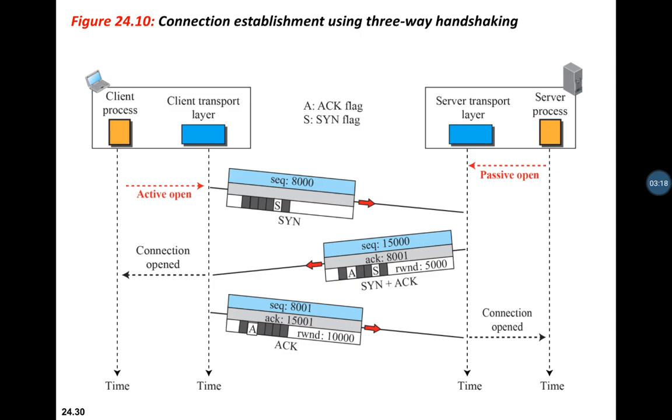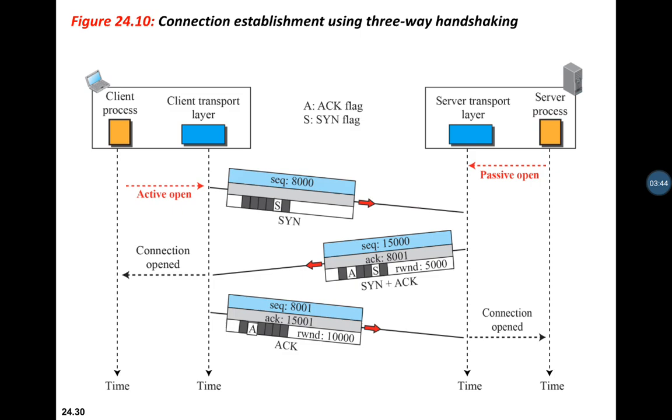As we have already seen the TCP segment, only a few fields of the TCP segment are shown here, like sequence number, acknowledgement number, and the control field, which has 6 control bits, as you have already seen. Only those are shown, the others are not referred to. So the 3 steps are like this, with the three-way handshaking.